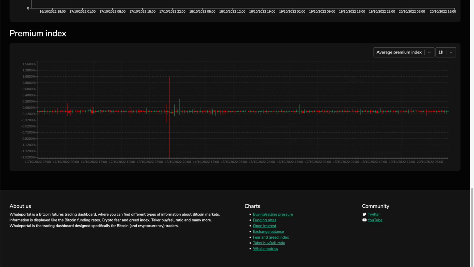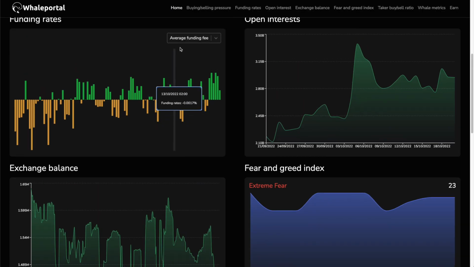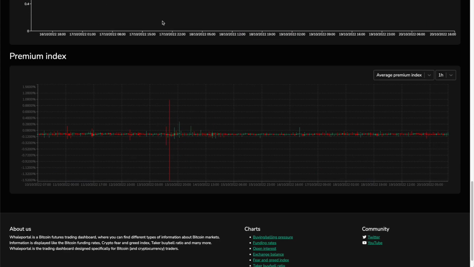Let's have a look at Whaleportal. Let's have a look at the average funding fee, 13 October. Yeah, we had negative funding rates, as you can see. So the average funding fee was negative. We had a buyer stepping in, and we had a massive shadow